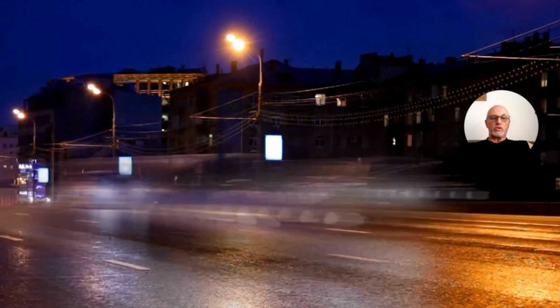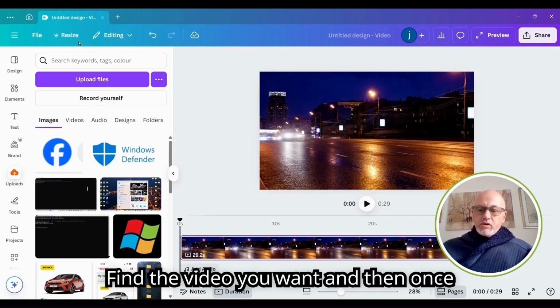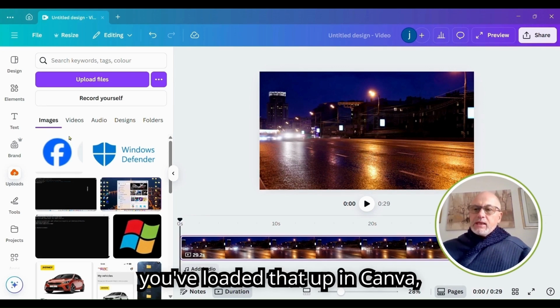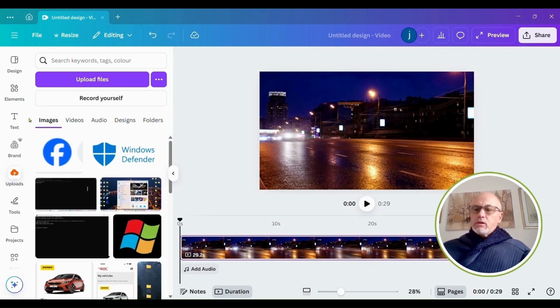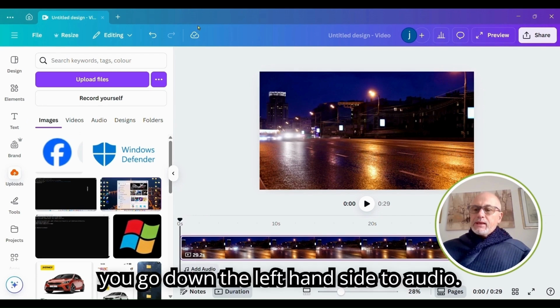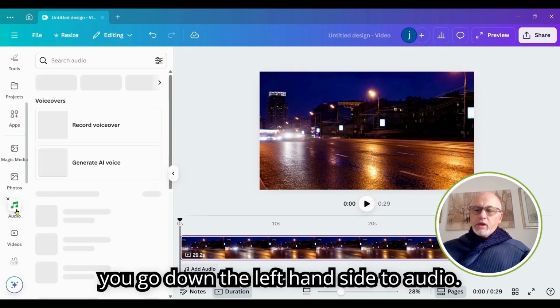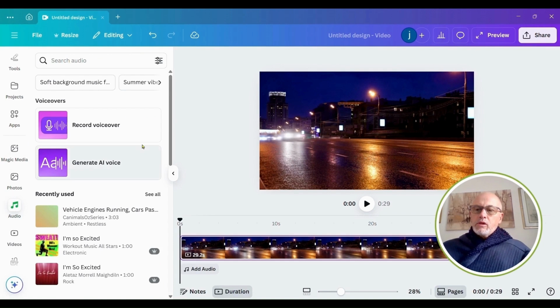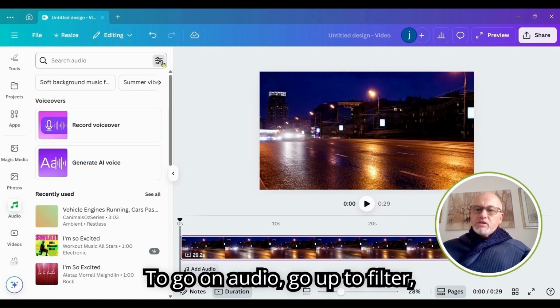So in this video you're going to learn how to add the soundtrack. Find the video you want, and then once you've loaded that up in Canva, you go down the left hand side to audio. Once you go on audio, go up to filter,